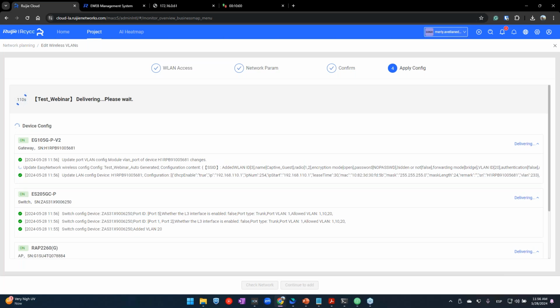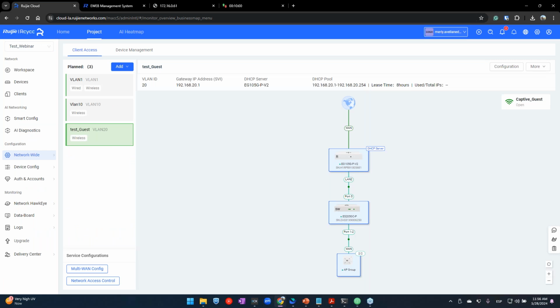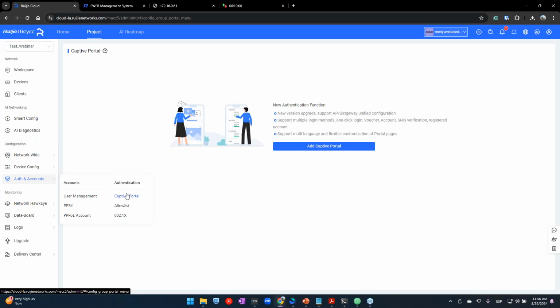the configuration will be done. And it's done. So if we click here in OK, and we click here in check network, we will see that test guest was added to the VLAN number 20. So how we will do this captive portal is very easy. We have to click here in add an account and click here in captive portal. And we will see